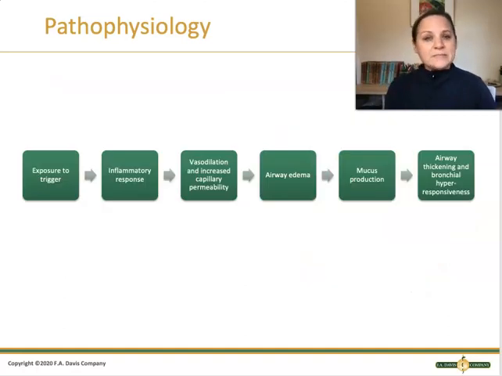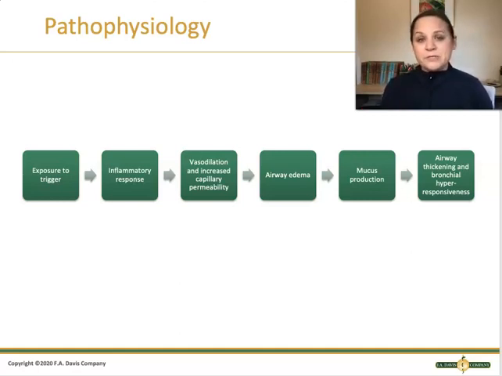So we know that asthma is an inflammation of the lungs and the airways of the lungs. But let's talk about how that happens. Asthma exacerbations or acute occurrences are always caused by some kind of trigger, and that trigger could be something like secondhand smoke, it could be exercise induced, it may be allergy induced. There can be lots of different irritants that are going to trigger asthma for patients. That trigger then causes the body to have that inflammatory response.